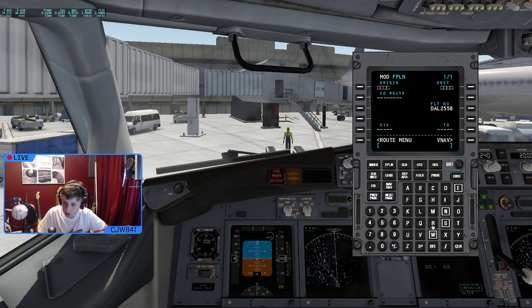So we're starting from Kilo Sierra Foxtrot Oscar, and that is San Francisco Airport. And we're going to Kilo Lima Alpha X-Ray, which is Los Angeles Airport. So this first part of the first page is all good, and then I have my flight